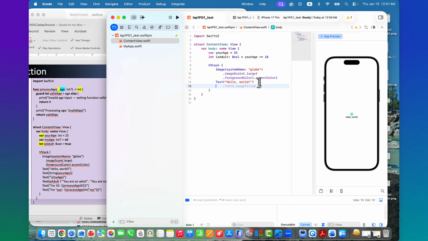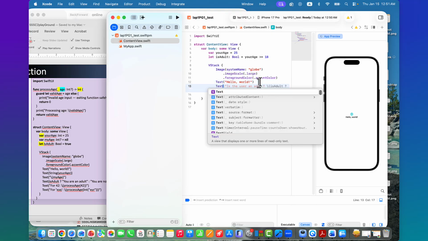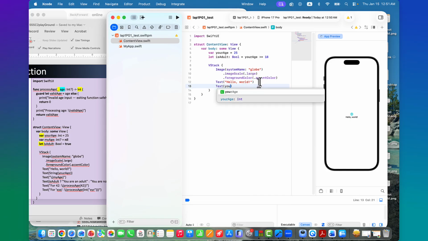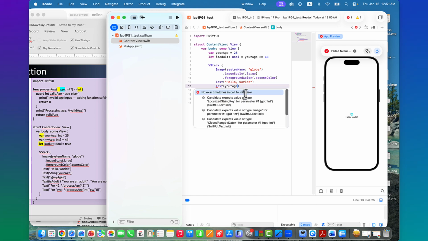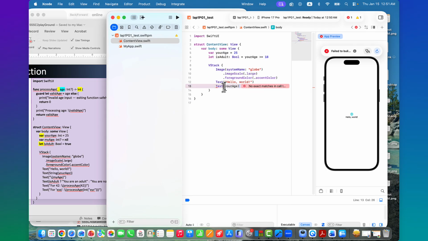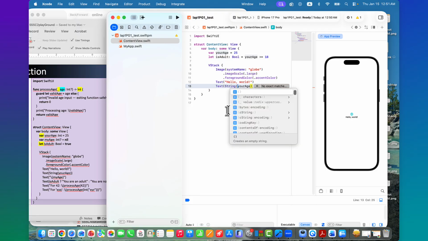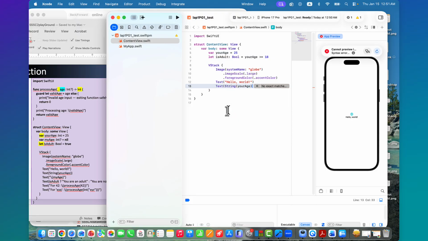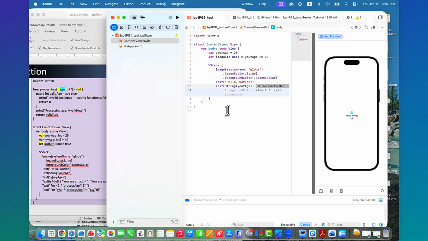So simply, I can say text and your age. See what it says. It said that is Int, right? Integer. So either we can say string, then it can be 25.